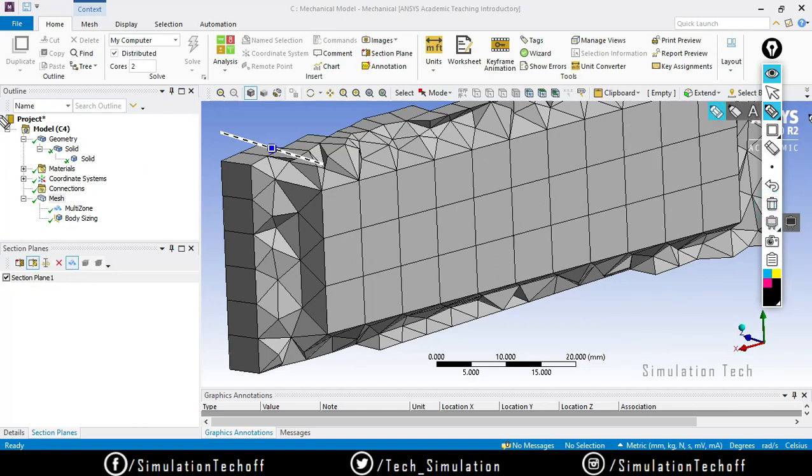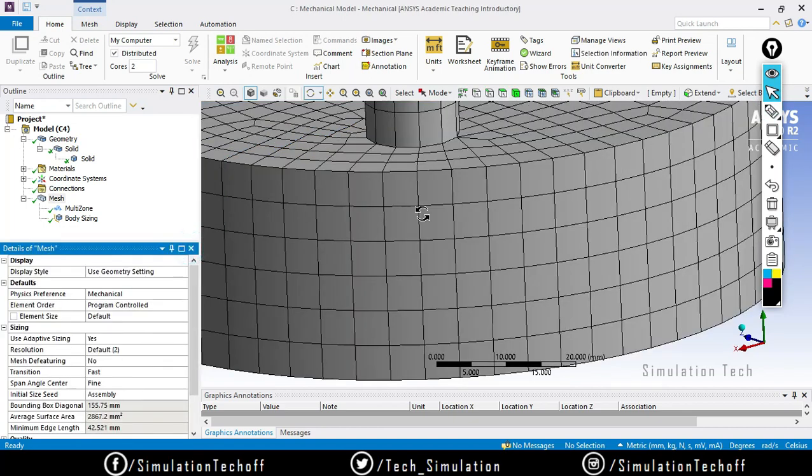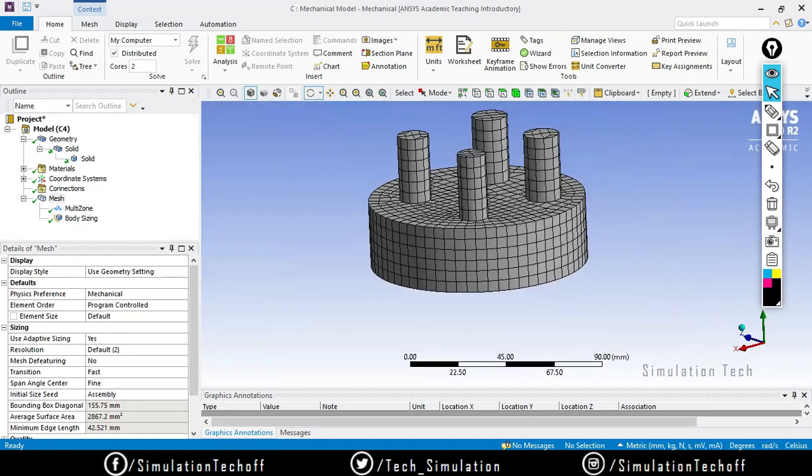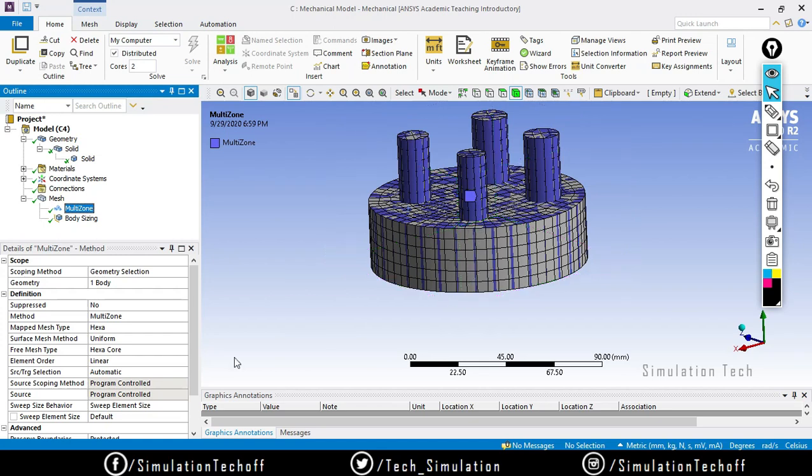Okay, good. So if you want to delete the sectional plane, select this plane and say delete, it will be deleted. Also you can close it. So likewise you can control a lot of meshes, so you don't need to split this model. That is the ultimate thing. The splitting purpose will be done by the multi-zone, and I try to apply the sweep method for this, or else you can manually split the design in the design modeler itself.